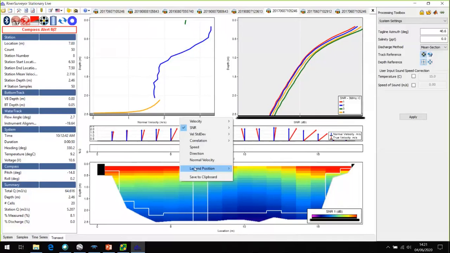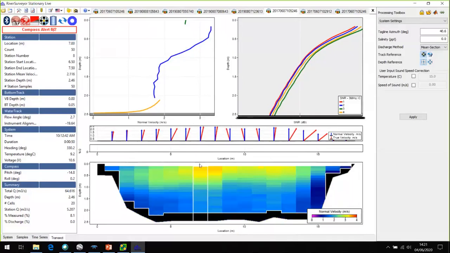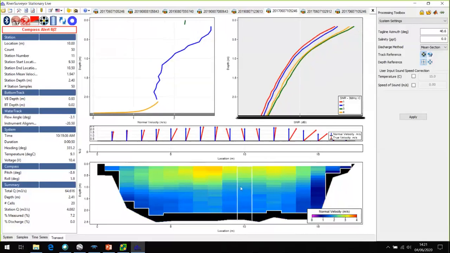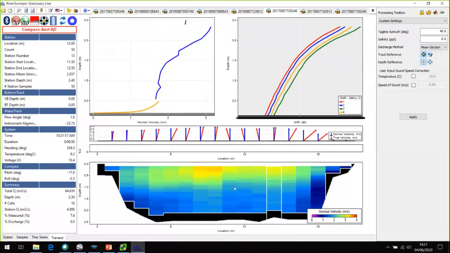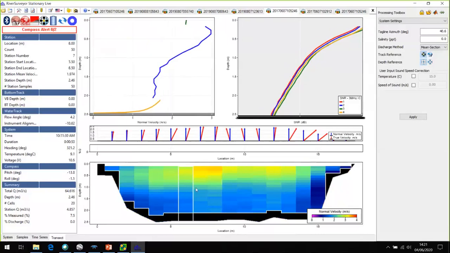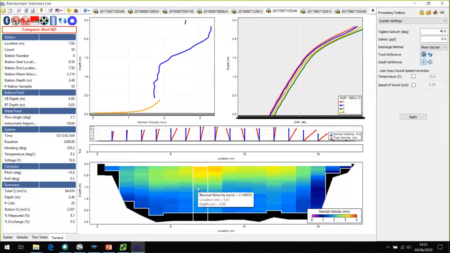Yeah, because that's what confused me and Lee quite a bit, is that we looked at it and said, that doesn't look too bad to us. But Rob knows the site. It doesn't look too bad, but it doesn't look right. I've never seen a river that's flowing that fast at the top, and the only time I've seen that kind of vertical variation of water speed as dramatic as that is where it's been a bidirectional flow